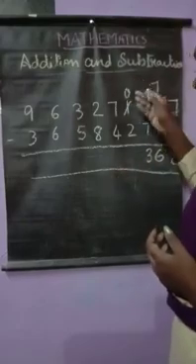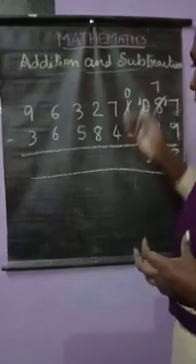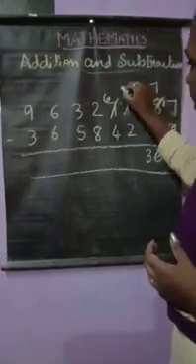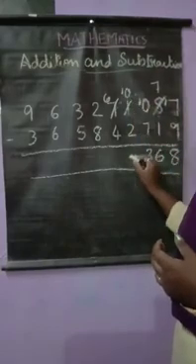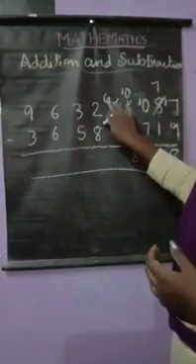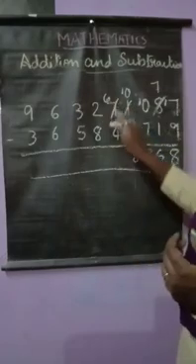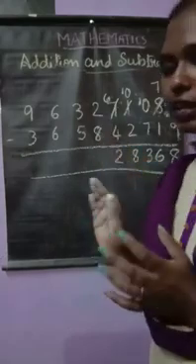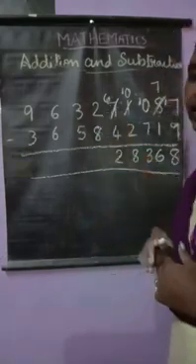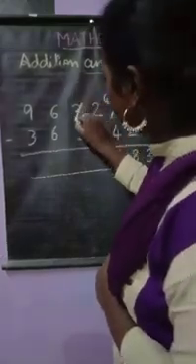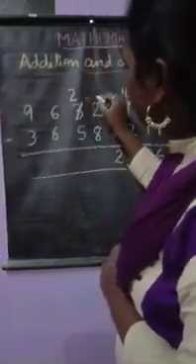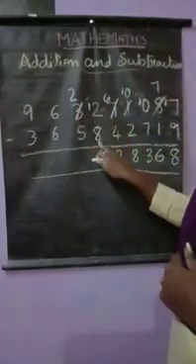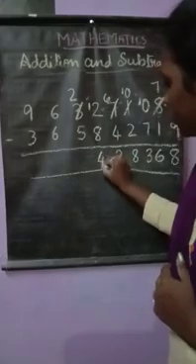Now 0 is here. Again it is not possible to subtract 0 from 2. I am taking a carry here. 7 becomes 6 and 0 becomes 10. So 10 minus 2 is 8. Again here we have 6, not 7. So 6 minus 4 is 2. 2 minus 8: I cannot subtract a greater number from a smaller number. So I need a carry. So 3 becomes 2, and 2 becomes 12. 12 minus 8 is 4.